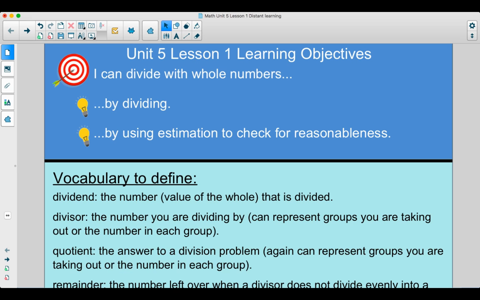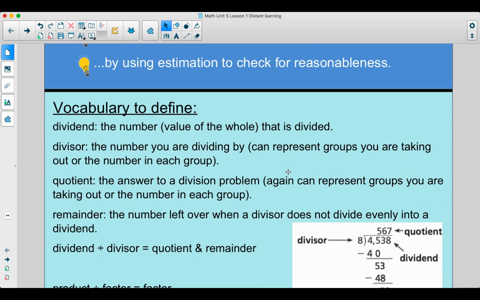Hello, we are going to be starting Unit 5, which is division. Unit 5, Lesson 1's target is I can divide with whole numbers, and we will be doing it by dividing and by using estimation to check for reasonableness. Vocabulary that you should know and be able to use is dividend, which is the number